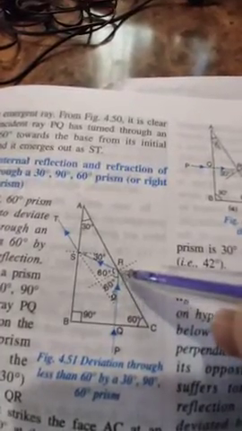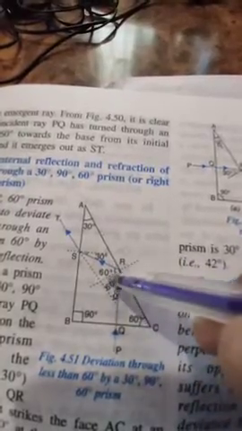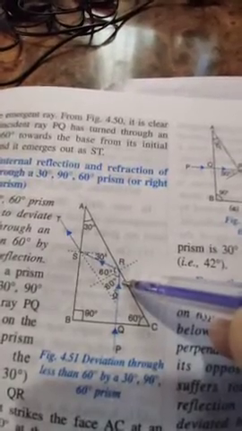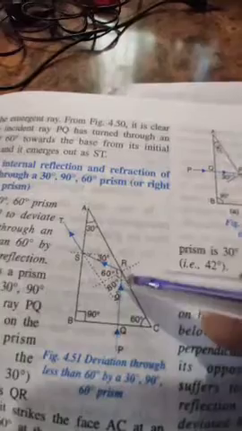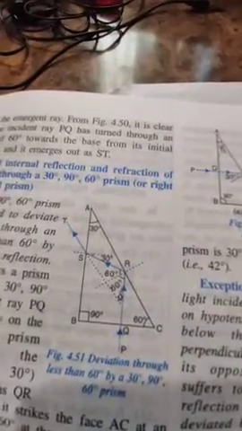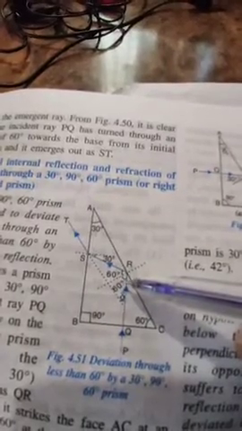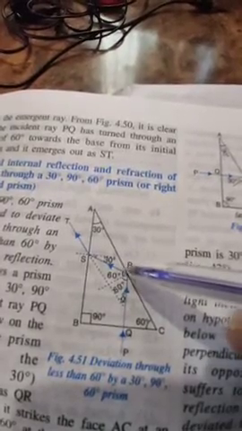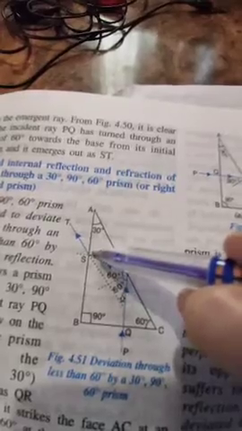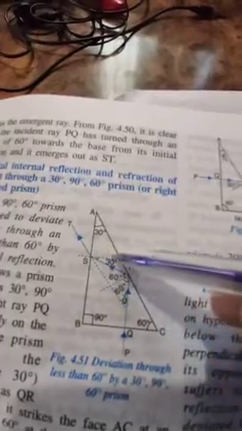So when it will strike the surface, the normal is formed. It means this complete angle is of 90 degree and this angle is 30. So that is why this angle will be of 60. So 60 degree angle is more than the critical angle, that is 42 degree. So since 60 degree is more than 42 degree, total internal reflection will take place. Now when this ray strikes here, it forms a normal here.